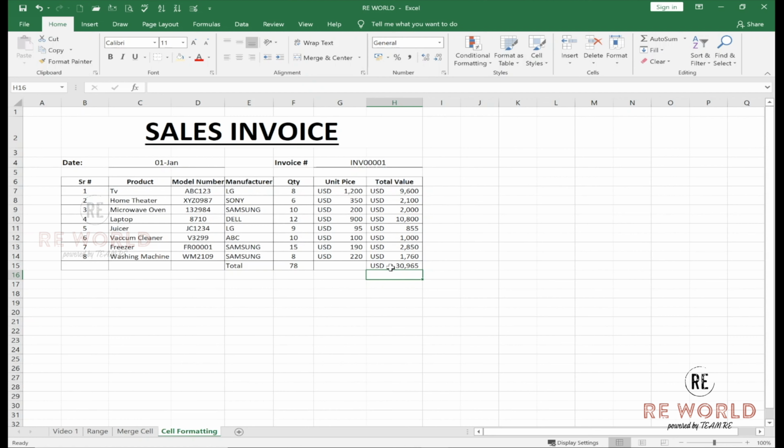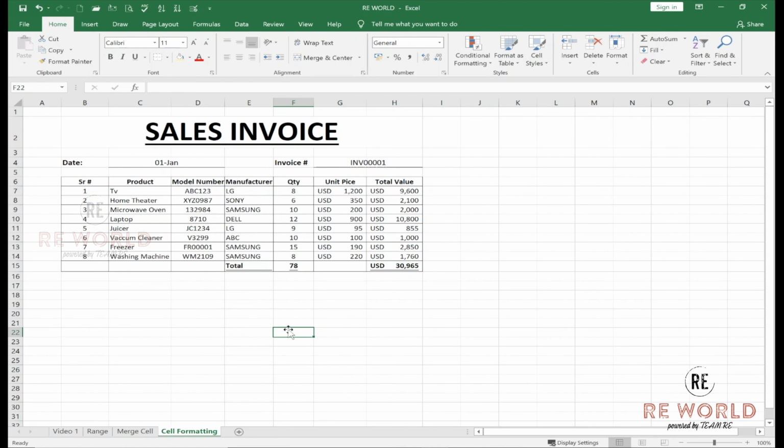In order to make it a bit better in shape, make it bold, and we can also underline it to make it prominent. So this was very basic things in the cell formatting. There are many types of cell formatting in Excel. We have custom formatting, we have conditional formatting, we have automated tables, ready-made tables available in Excel. I will give you a demo here.